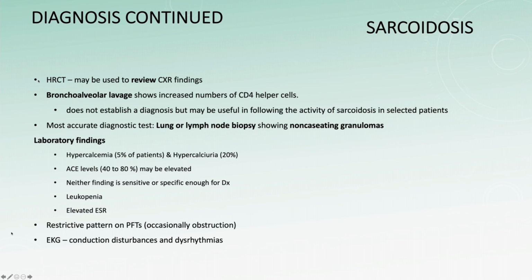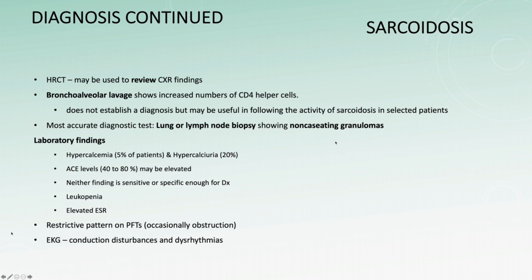Like we mentioned before when we were talking about interstitial lung disease in general, high-resolution CTs are good at pinpointing different things, especially when you find things on the chest x-ray like the hilar adenopathy. Bronchial alveolar lavage can help us see the CD4 helper cells and things like that, but it doesn't establish a diagnosis in all patients. The most accurate diagnostic test, like we mentioned before, is a lung or lymph node biopsy, and it'll show non-caseating